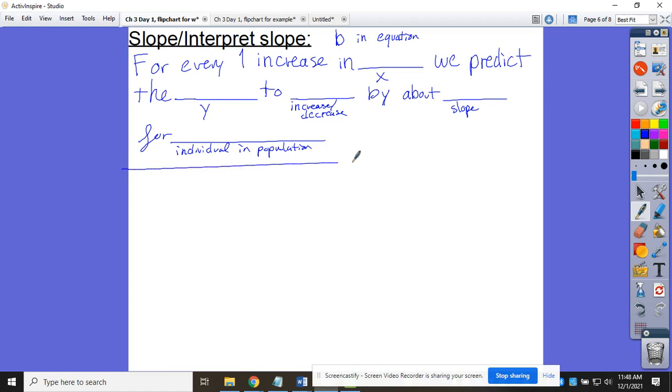I'm going to go ahead and write interpret y-intercept on the same slide just in case people are still writing. So this is your a in the equation. Oh, where'd you go? Where are you? Right below it. I just didn't switch slides. Now this one you guys are usually better with. What does it mean to be a y-intercept? So where x is 0, that's what we predict y would be. So if an individual in the population